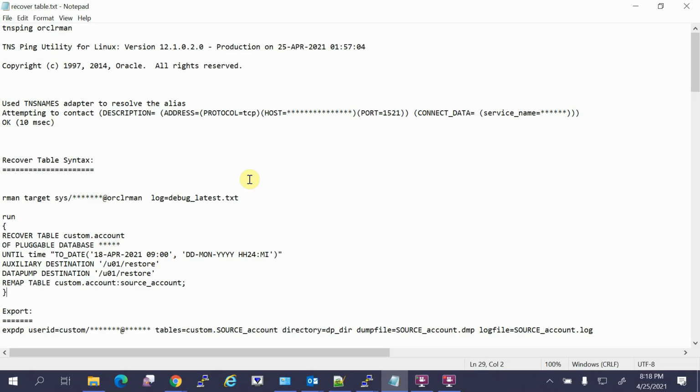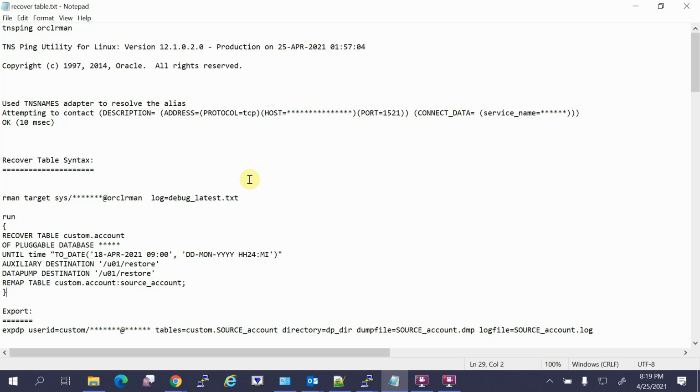Okay, so that is because it has to pull the data from object storage. So is there any other way we can quickly complete this? Yes, you are lucky if you are in 12.102. This feature is available only from 12.102. If you are in 11.204, it is not possible.